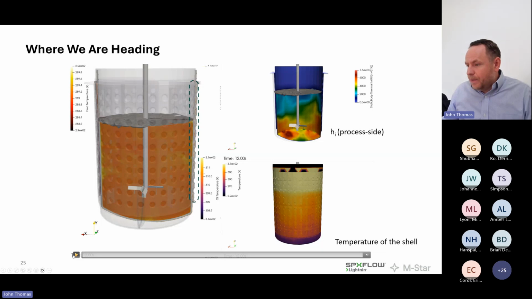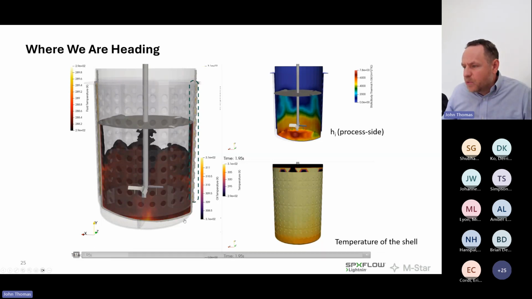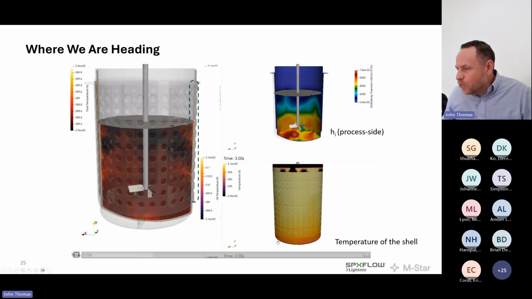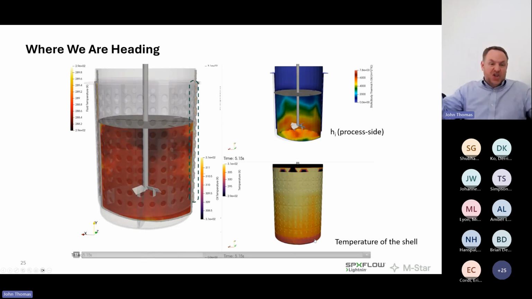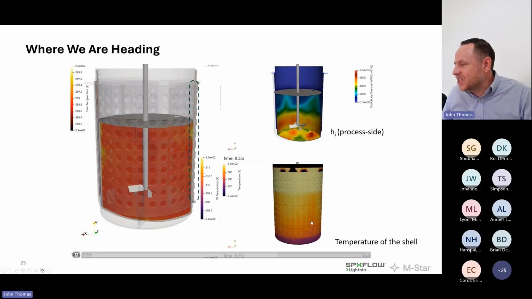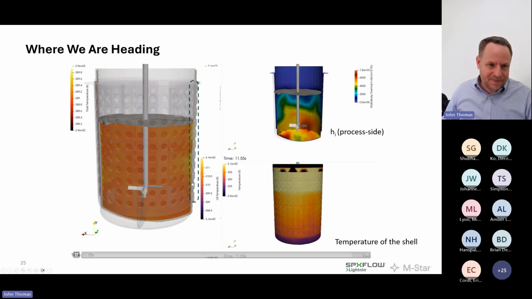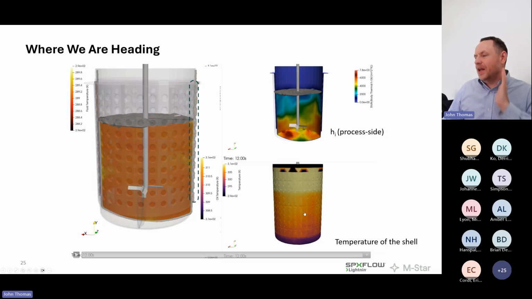Here's the temperature of the shell. So we're seeing some conductive effects as well. Remember, there's no oil being run to the bottom of the tank. So the only reason why the shell is warming up is because there's conduction into it. We model that in M-Star. That's not convection. That's just conduction, but nonetheless it is in the code. So here I'm seeing this shell gradually get warmer and warmer as this heating oil heats it up. It's kind of cool to see this evolution of the temperature profile inside the shell,